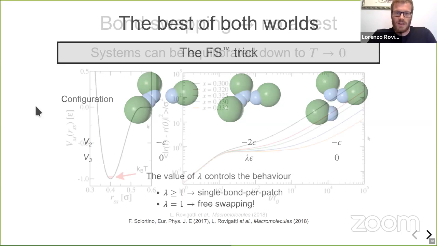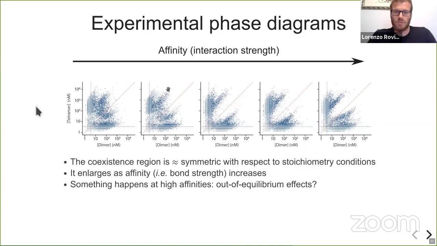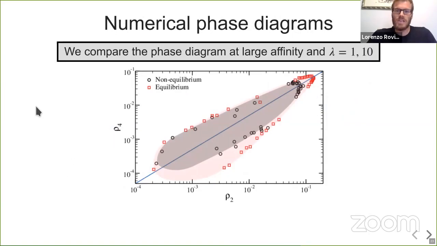So this lambda is something we have introduced so that we are able to essentially draw something like this. Of course, in experiments we know we are out of equilibrium, but we don't know how to get the real equilibrium behavior for those same conditions. Because if you do the experiment, then you realize you're out of equilibrium. So what we are able to do here is to check what would happen if we could look at the system in equilibrium even in experiments. So that's why lambda is there.